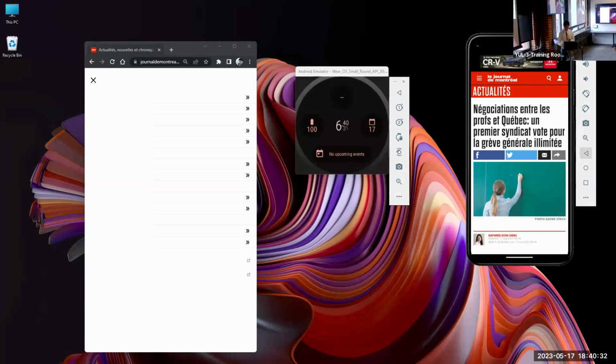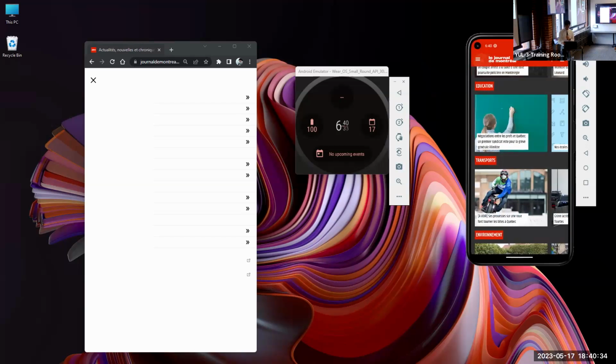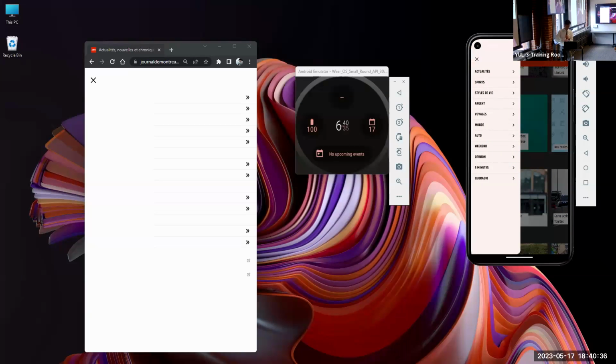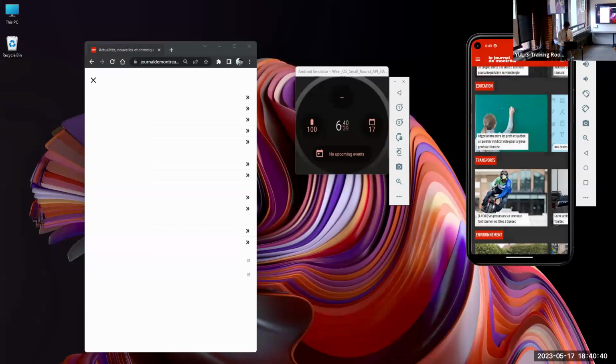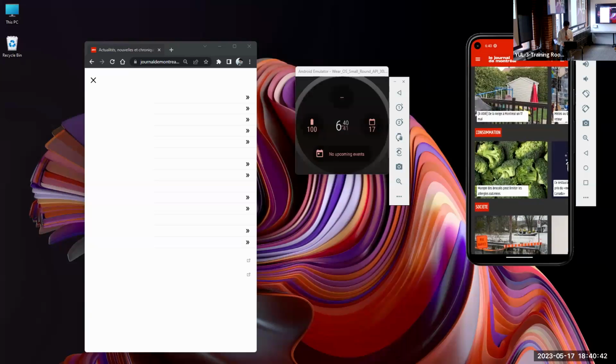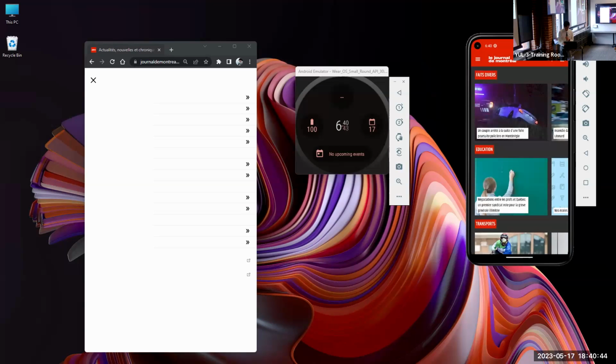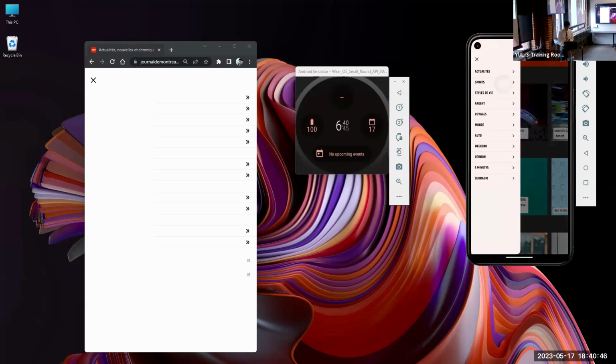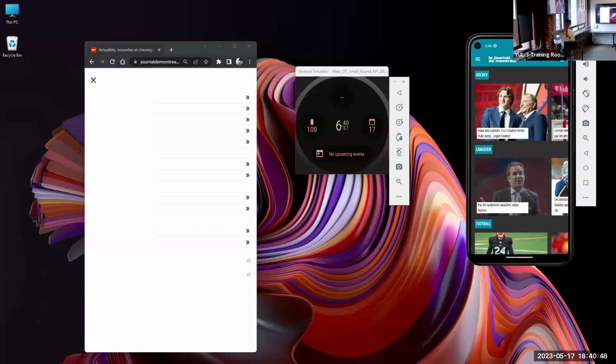How do I go again? So I try to reproduce everything, like the drawer, the size, the font, and also some behaviors. So I can switch. For example, if I go to sports, you can see that all the colors change. So that's a big change with Material 3.